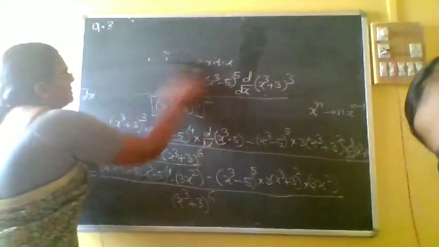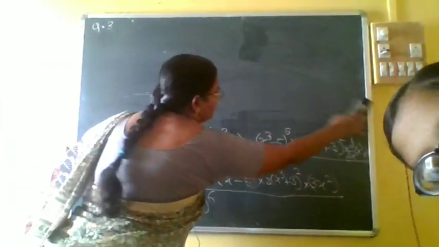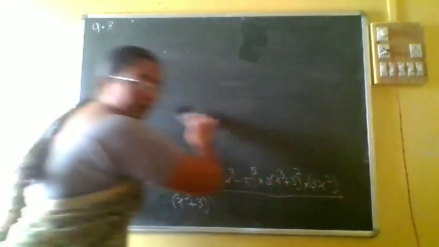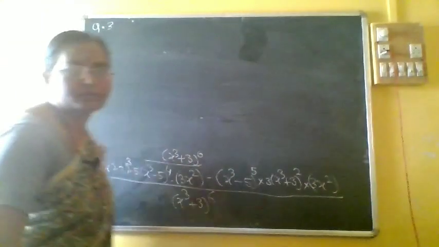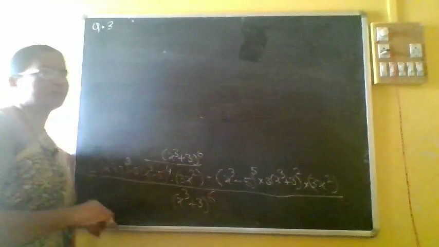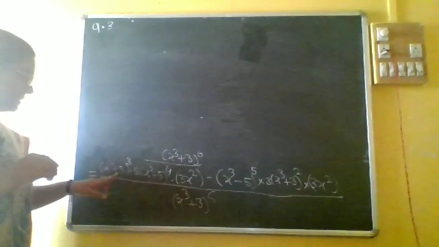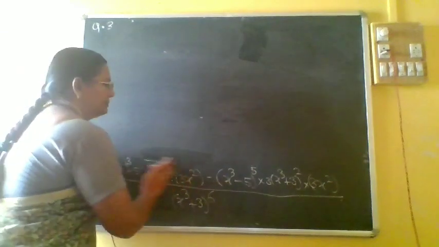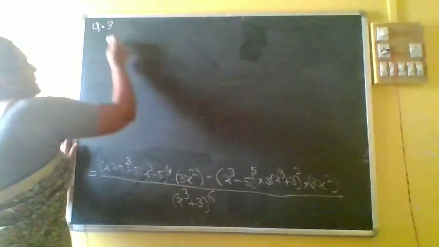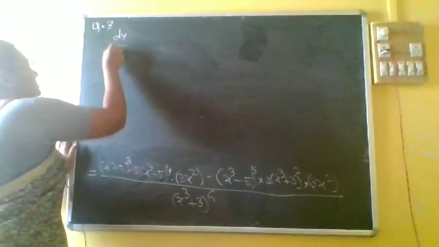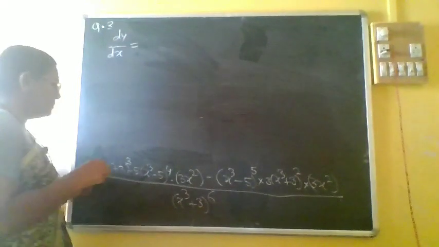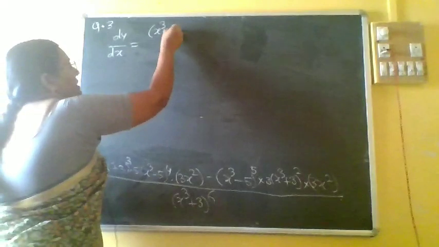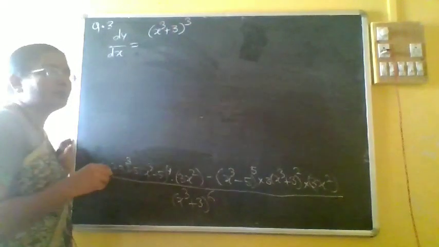When it becomes (x cube plus 3) cubed, keep as it is, dy by dx is equal to (x cube plus 3) cubed